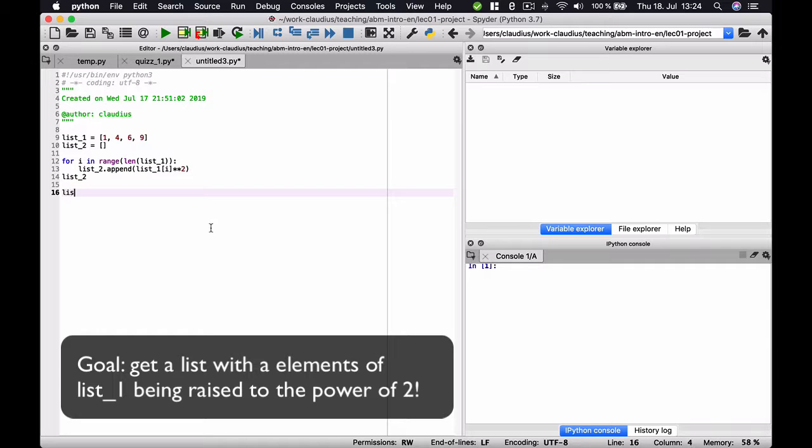You could also write list 3 and then create a new list, and the elements of the list should be the elements of list 1 raised to the power of 2. So you just take this here and you conduct this operation for all i in range len list 1. So it is very similar to what is written here, but it fits on one line and it's much easier